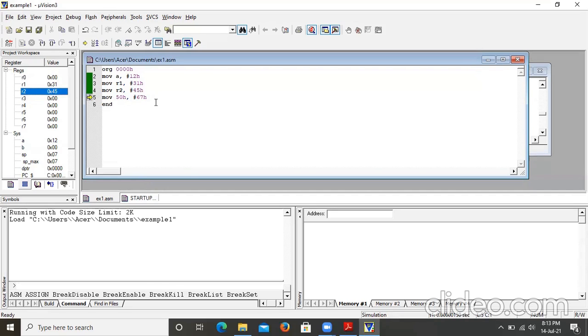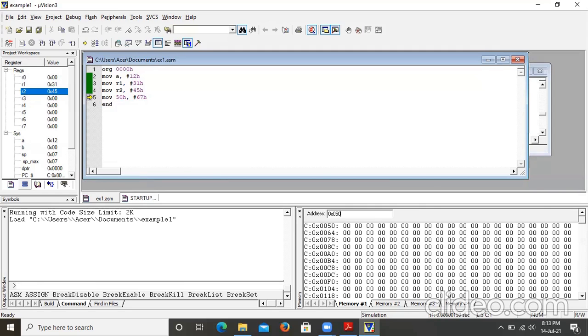Okay, so 50h is the internal memory location. I told you the memory will be displayed here. So you can observe the memory blocks here. In this one, type the address which you want to locate. Fine. Okay, so you can observe in the 50th location, the first value is 0 now. After executing, it should be loaded with 67.